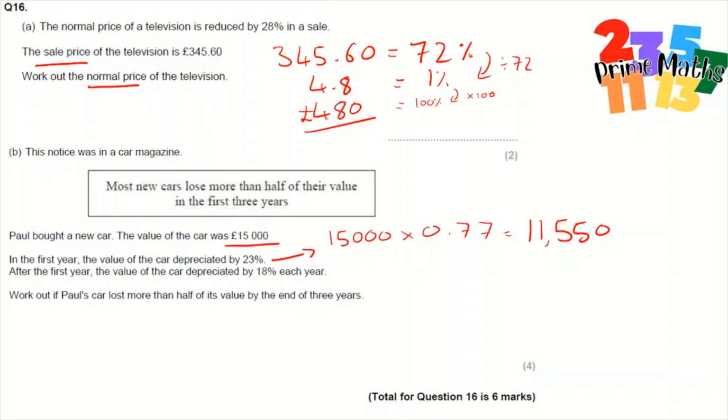£11,550. After the first year, it went down by 18% each year, and it wants the value at the end of 3 years. So that £11,550 would go down by 18% 2 more times. So we multiply this by 0.82 twice, which gives the car at the end of 3 years a value of